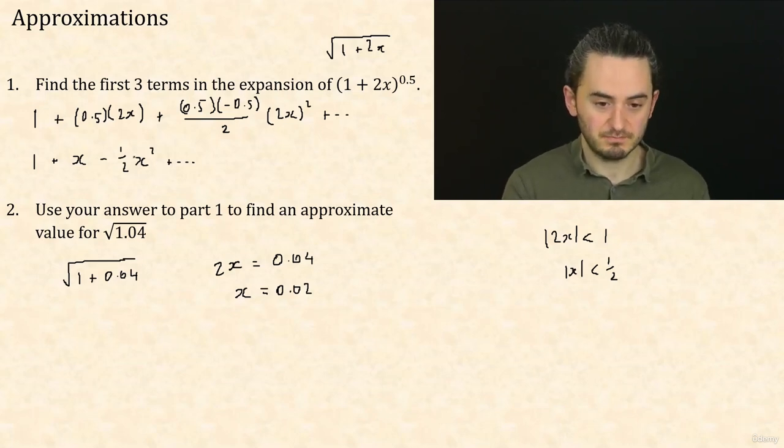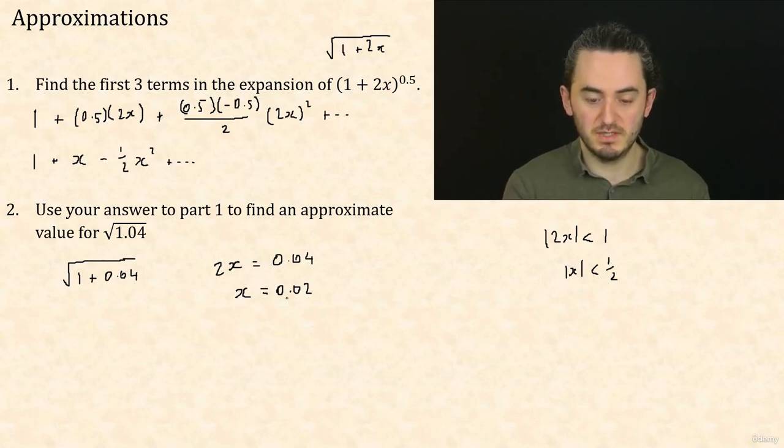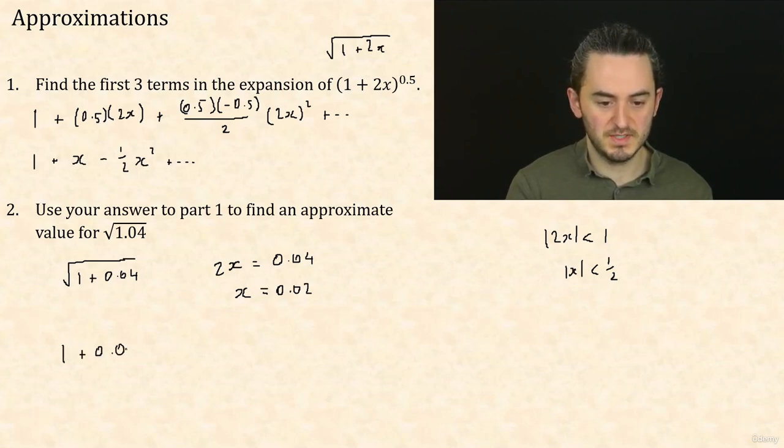Specifically, it's because 0.02 squared is already really, really small. So this term is already contributing hardly anything. If I was to keep going, if I have 0.02 cubed, that's like 8 millionths. So it's hardly adding anything if I continue on with this expansion. So all I need to do is sub 0.02 into this, and I will get my answer. So if I do that, I get 1 plus 0.02 minus a half of